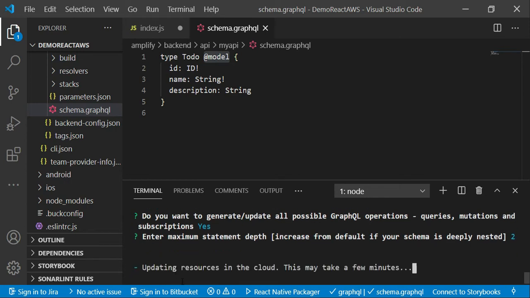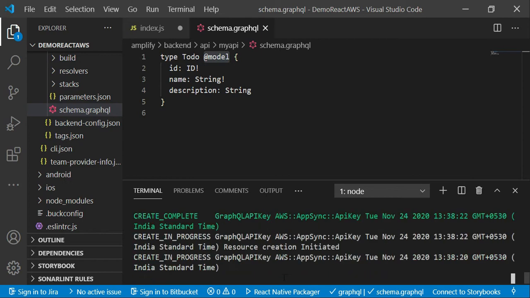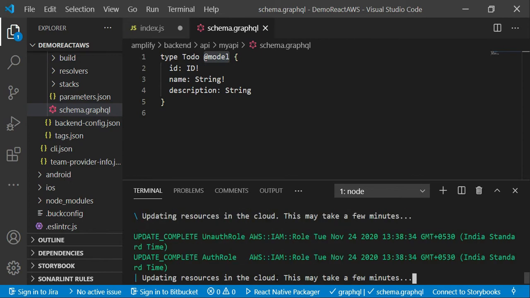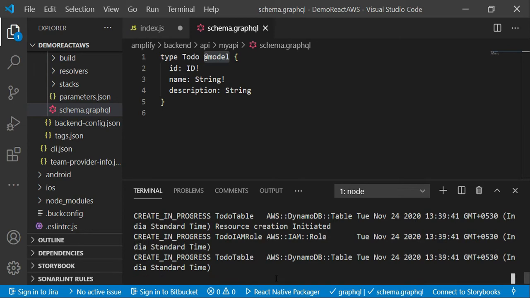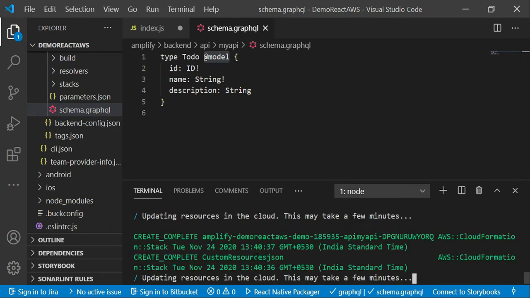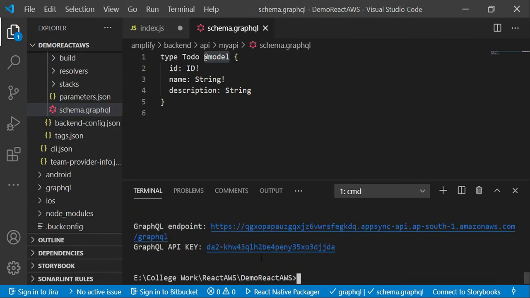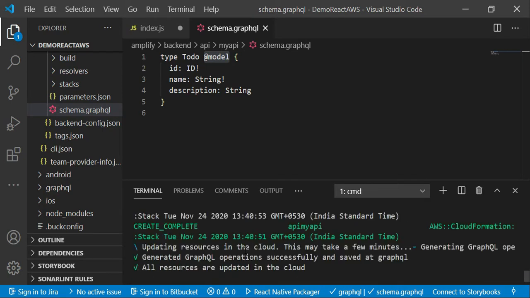Now see, it is updating resources in the cloud. Now see, it has updated all the resources. So it has successfully completed this particular process.